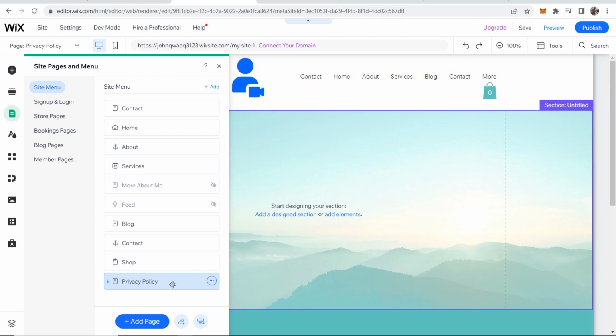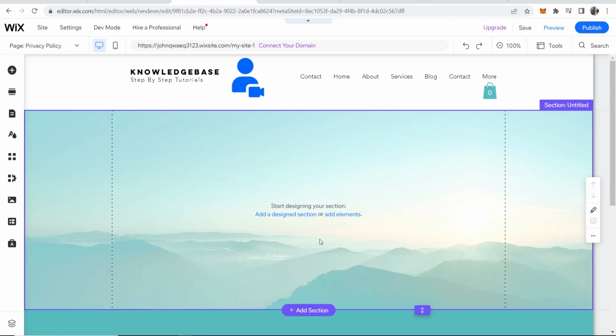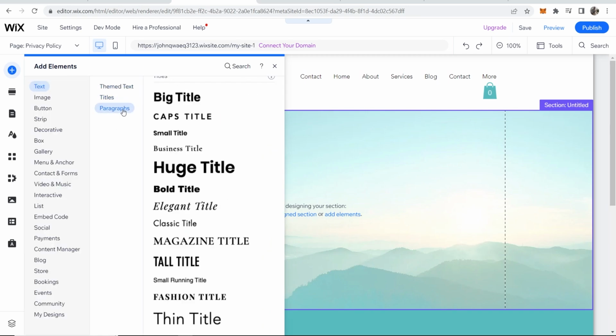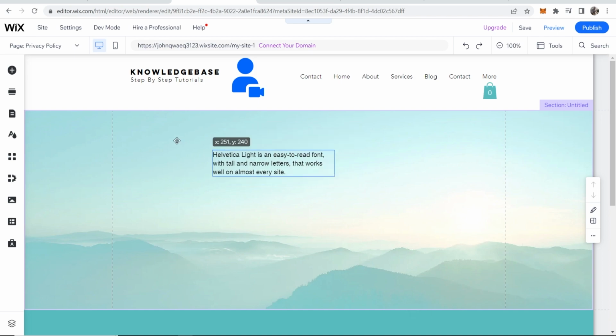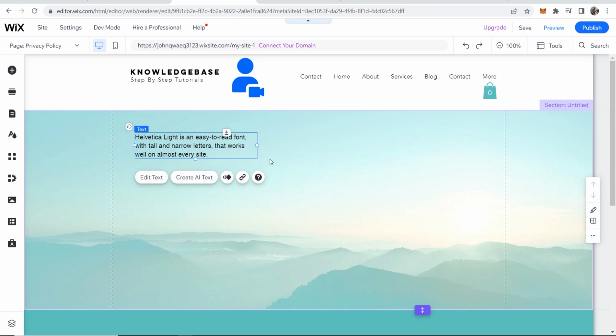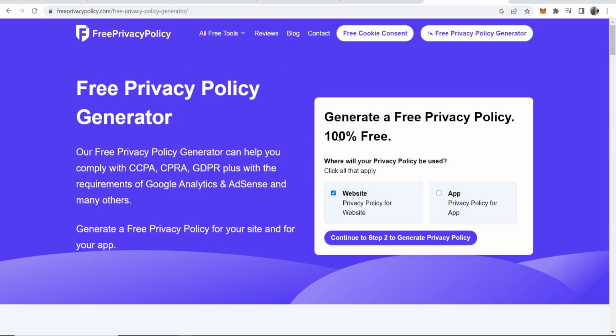So you can see now you should no longer see it on the page here. So now we need to go to this page. Make sure you click on it, and it should take you to a blank page where you can then go ahead and add elements. I'm going to add a paragraph, and we'll click on this one here. Now we can enter in our privacy policy here, but wait, we're not done yet. We do need to link it from the home page. So we can get our privacy policy from